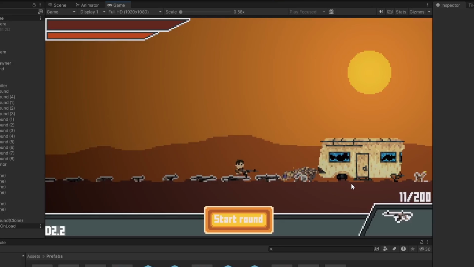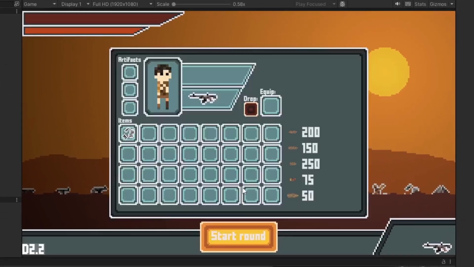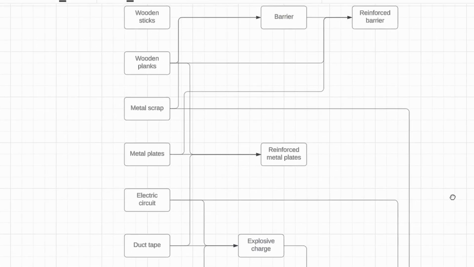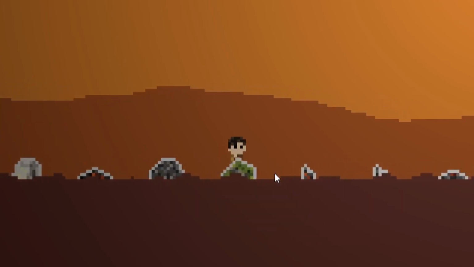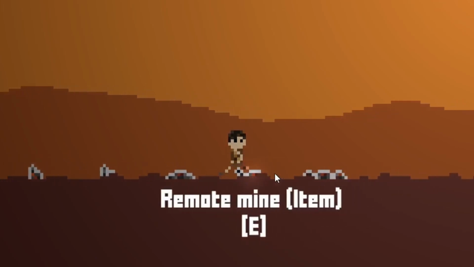As of right now, the sniffer drops scrap metal after dying, which makes absolutely no sense, but yeah, take it or leave it. Speaking of items, I added lots of new items to the game. Duct tape, electrical circuits, explosive powder, an explosive charge, 2 different remote controls, a trip mine, a remote controlled mine,